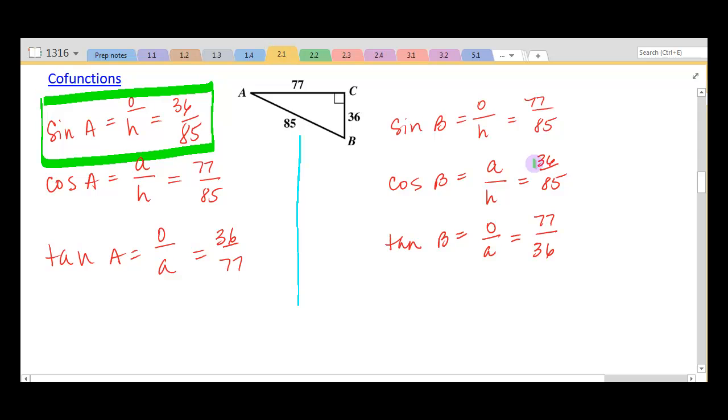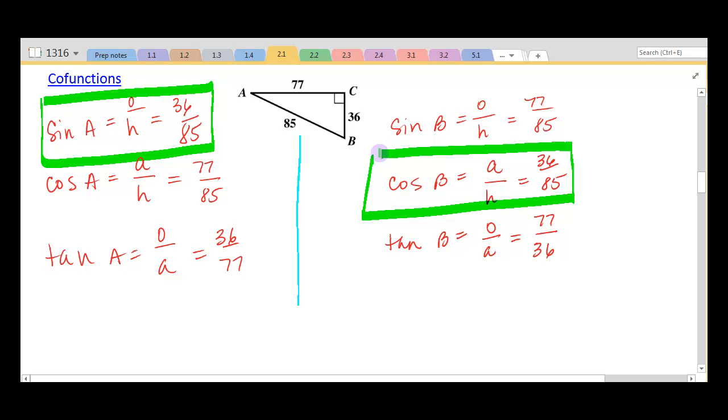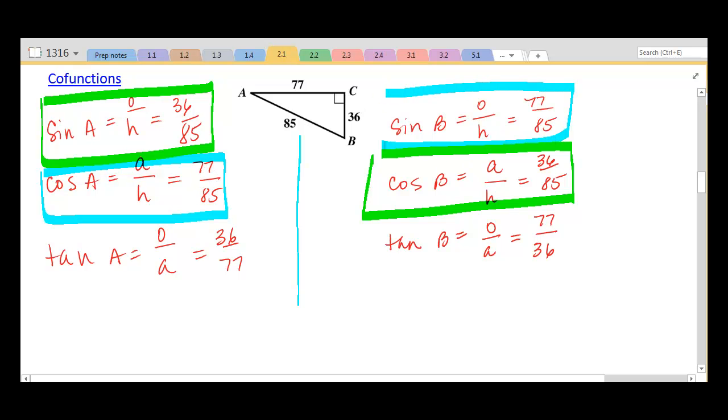And if I compare that over here to angle B, notice that the cosine of angle B is that same 36 over 85. Let's see if that holds true for another angle. Cosine of angle A this time is 77 over 85, and the sine of angle B is 77 over 85. So there is a relationship for the sine of angle A to the cosine of angle B that can come